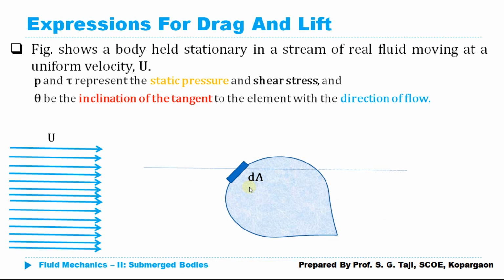The first force acting on the small elementary area dA is the pressure force, which is given by pressure multiplied by area, and which acts normal to the surface, in the direction perpendicular to the surface, at an angle theta with respect to the direction of motion. Another force acting on the small elementary area dA is the shear force, which acts tangentially to this small elementary area dA and is given by shear stress multiplied by area. Here our area is dA, so it is given by tau multiplied by dA, which is going to act at an angle 90 minus theta.